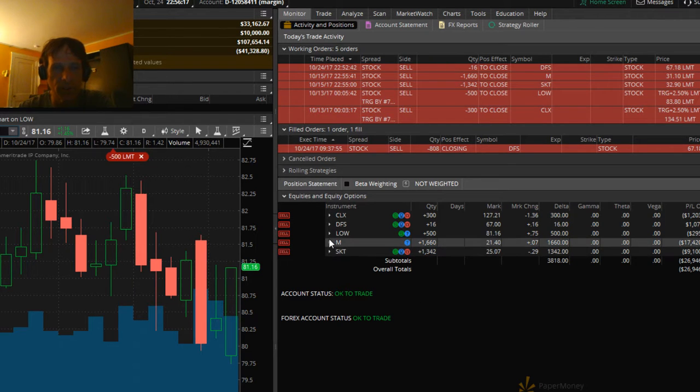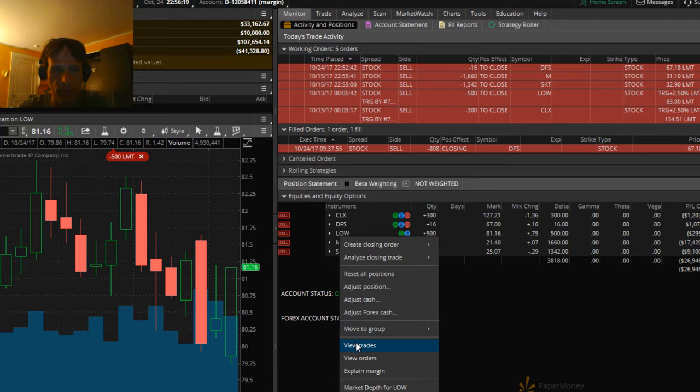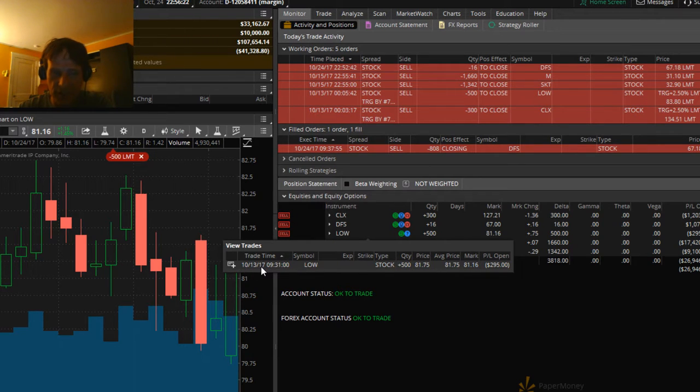And when did we get into Lowe's? I believe we got into it just recently, a couple of weeks ago. 10 days ago. So they also have the dividend coming up next week, which means, oh, look at that. All right, we bought it at 81.75, and next week we will collect the dividend, and hopefully she hits our target of 83.80 before the dividend comes up. That way we can get out before we have to sell it for $81.76.